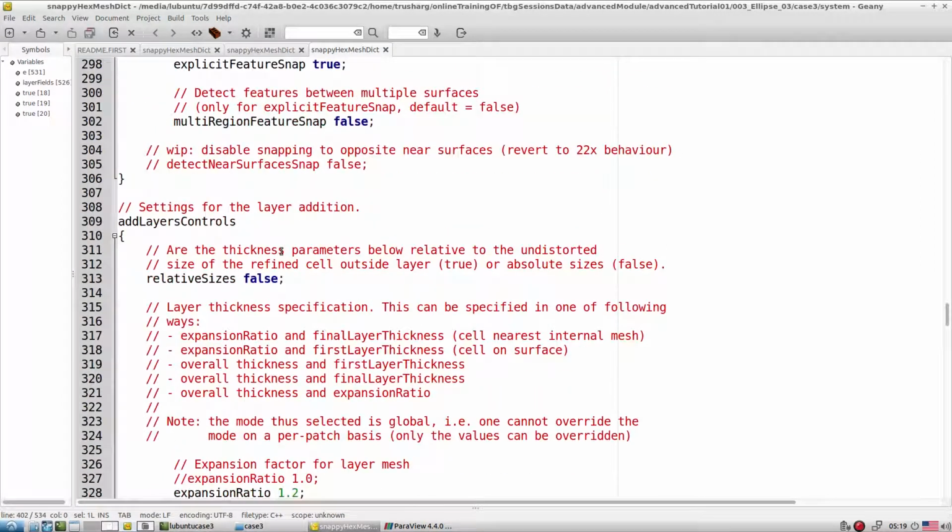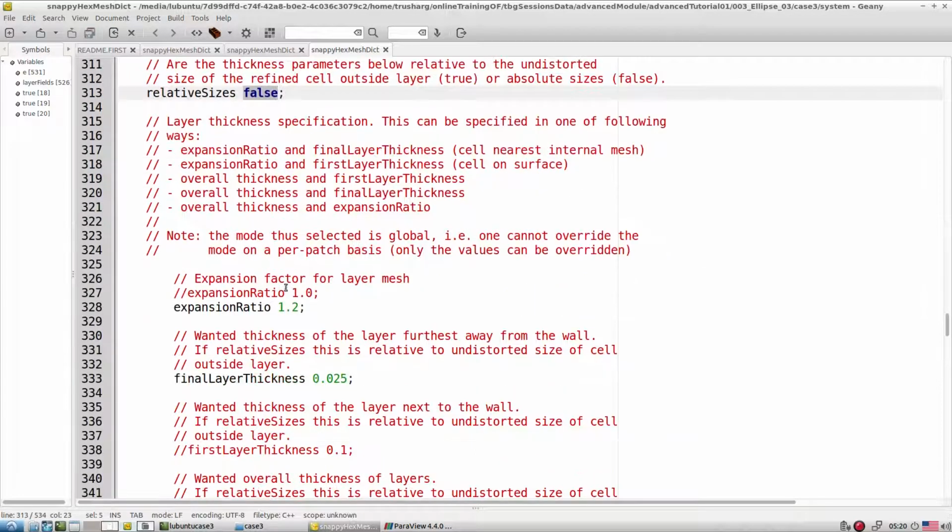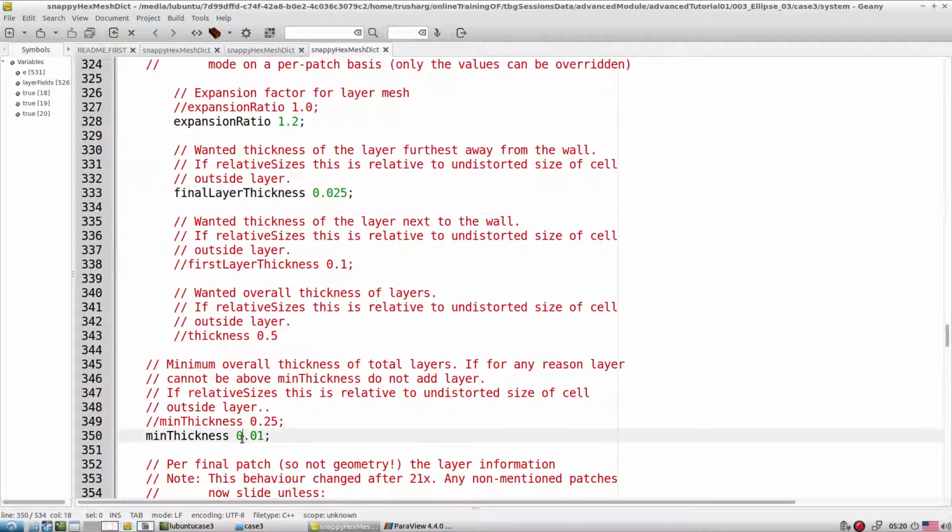Very important aspect, either relative size true or false. So if you require a uniform first cell height near all the surfaces, then keep it false. Then there is expansion ratio, layer thickness and the minimum thickness, or you can go with the first layer thickness size. But make sure, with the help of this, maybe it will fail, then you have to tune this parameter.